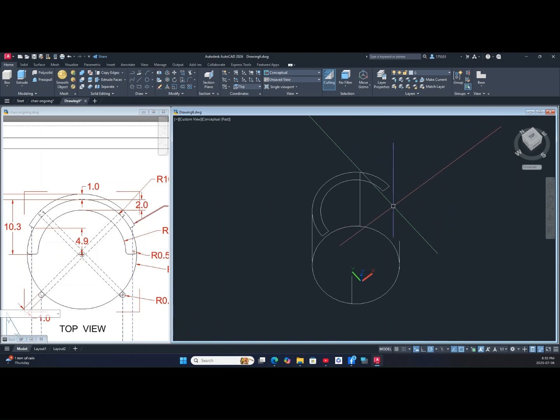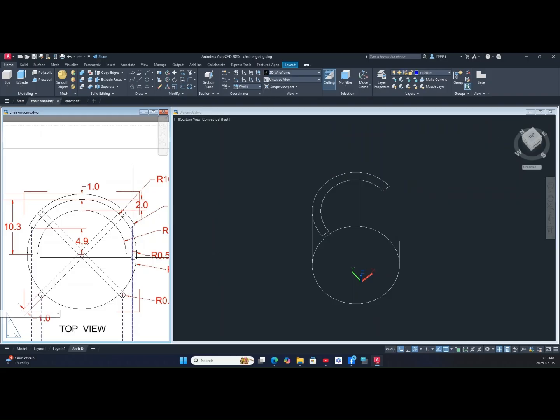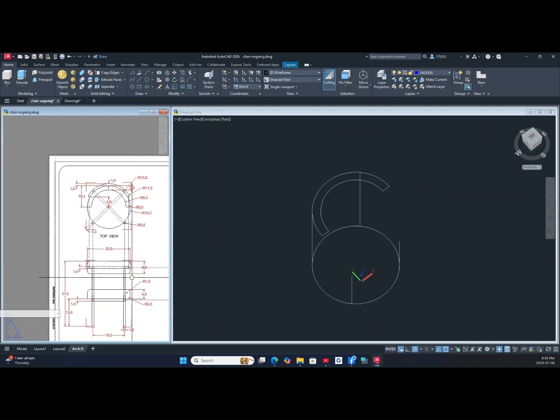All right, now join again. So J for join command. Select the objects and this line here. Now this is one object, and extrude this one. Okay, I'm gonna check the drawing. Extrude this one, the back seat is